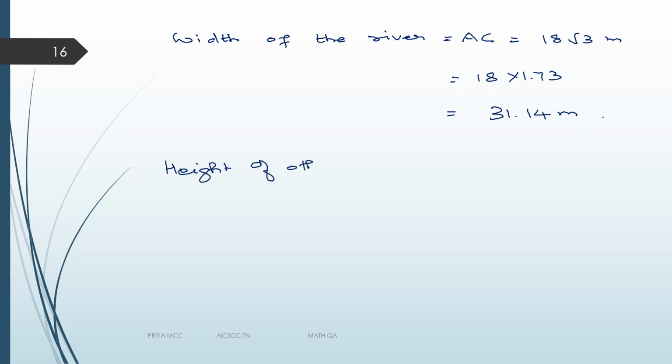What is the height of the other temple? Height of other temple, we called it as H, isn't it? That is your CD. What's your CD? CD will be 18 meter because CD is the same as AE. Okay, so I have both the height of the temple and the width of the river. So whichever you want is ready for you, you can find the value. Okay, so you should be able to understand how you are able to use two triangles and find it.